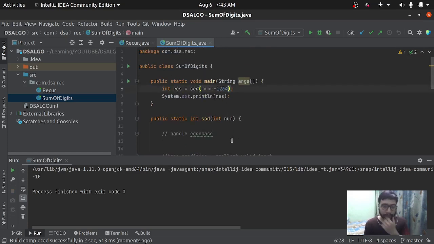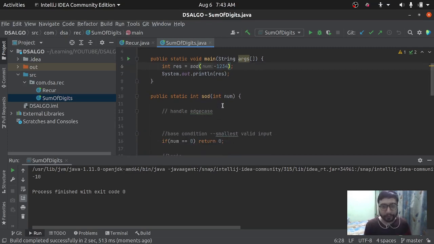So let's handle this edge case. So if it's less than 0, we can convert it to a positive number because we don't have any issue with this sign. It can be anything, but we just need to add the digits, correct? So in this case, if we get the negative number as well, we'll convert it to positive. I think that will work for our use case.